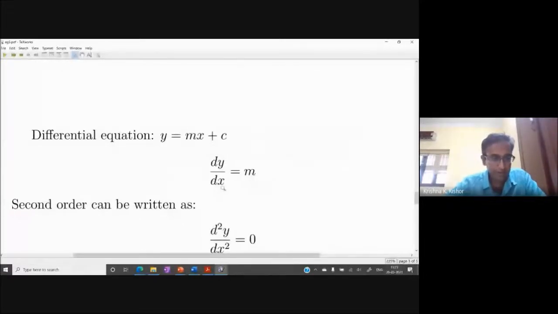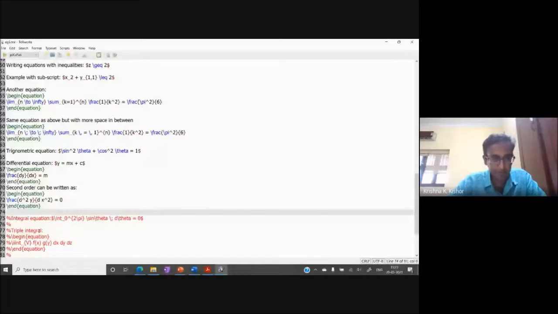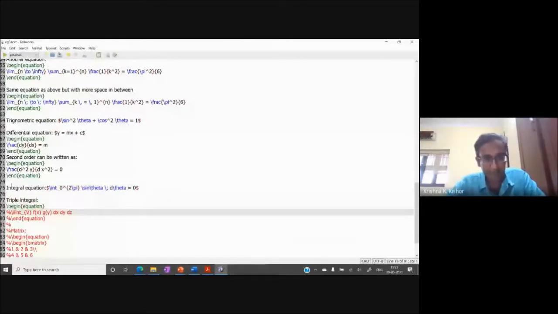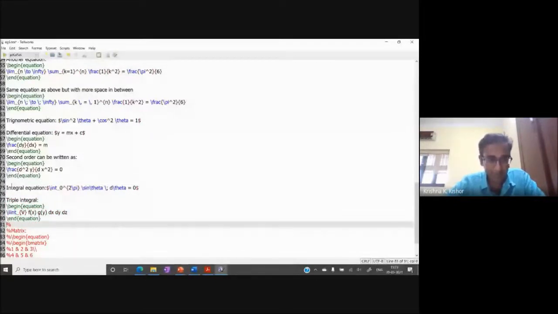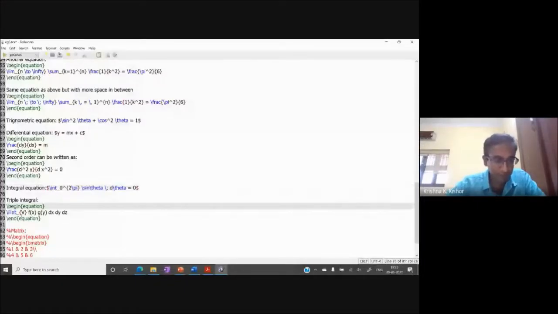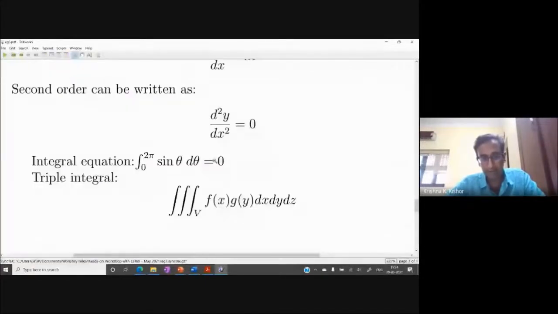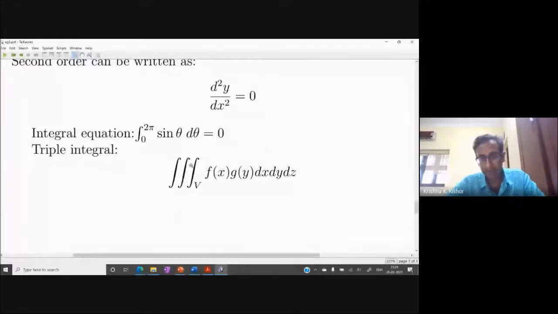And then I can also do integrals. I'm just going to show the entire thing in the interest of time. I have a single integral, and the command is again backslash int. If I want to have a triple integral, here again the package becomes useful. For a triple integral you have triple i, int. You can do that, and you can get the keyword. So 0 to 2 pi sine theta d theta is 0. The triple integral with subscript V, and I get this document.